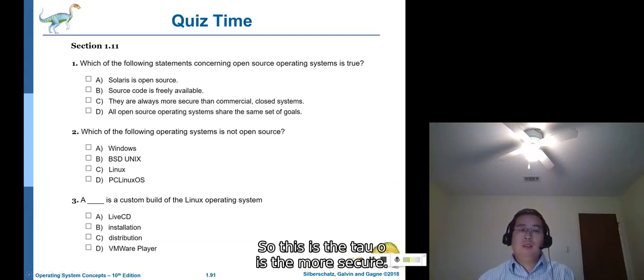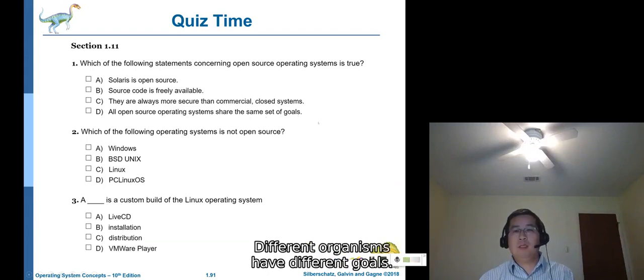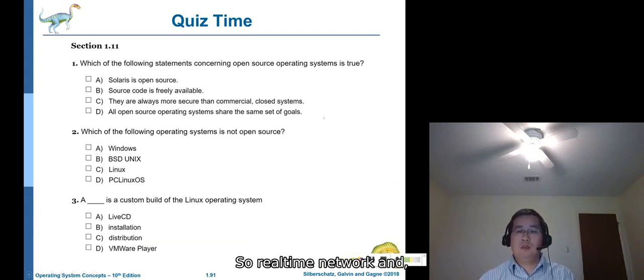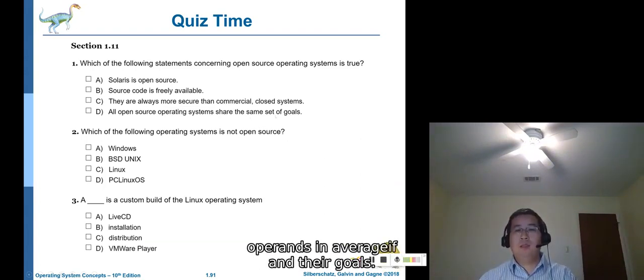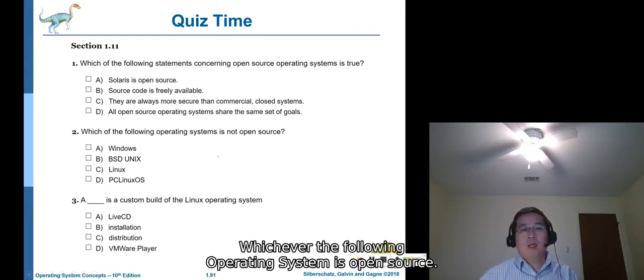As for them always being more secure, we don't know. As for open source operating systems sharing the same set of goals, different operating systems have different goals. Real-time, network, and desktop, all of these different types of operating systems have different goals. And B is correct. A is wrong as well, since Solaris is also not open source. Okay, which of the following operating systems is not open source?